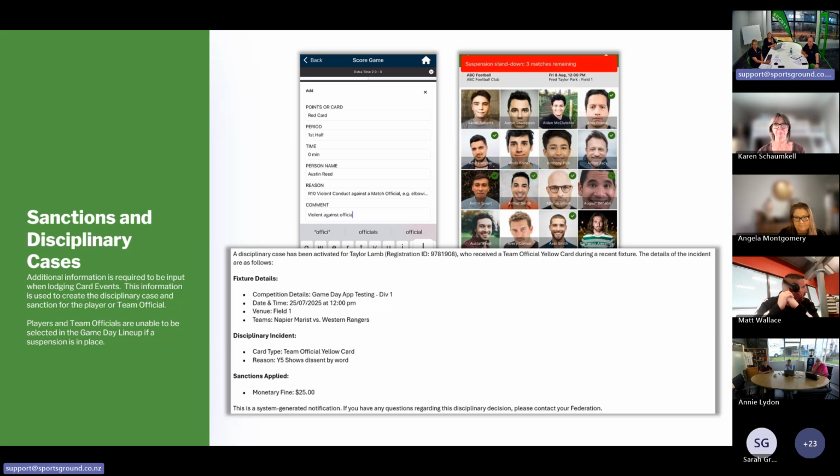So as part of that process, just like in Comet, for the red card disciplinary cases that are raised, they need to be actioned within Sporty in the disciplinary cases area, where you will review them, open them up, identify the disciplinary sanction that should be applied, and then approve that sanction. At the point that a case has been approved, sanctions will be raised for that case, and an email will be sent to the club and to the federation administrator advising of the information that you can see in the screenshot below, where the case was raised and what sanctions have been applied in relation to that case.